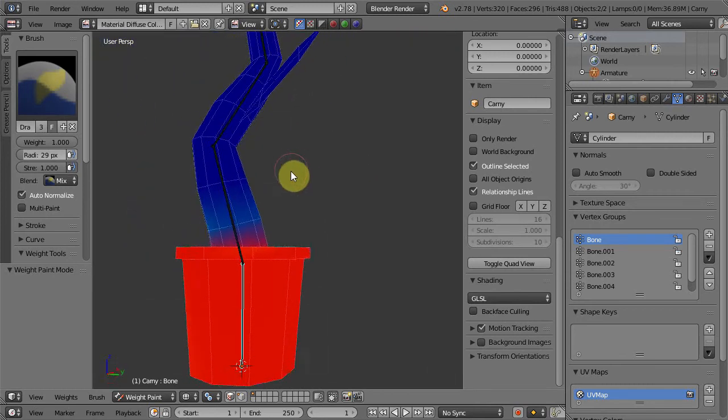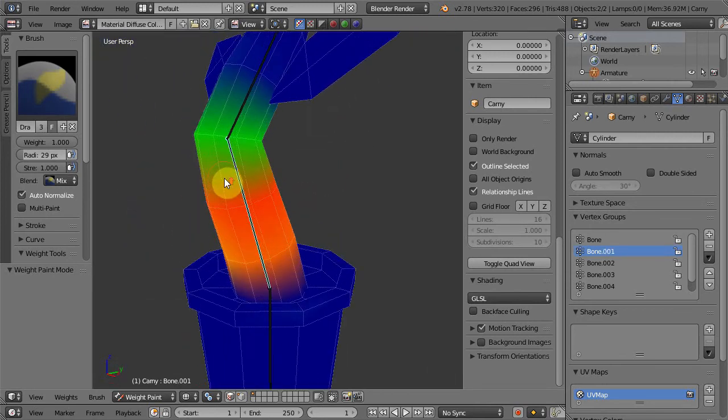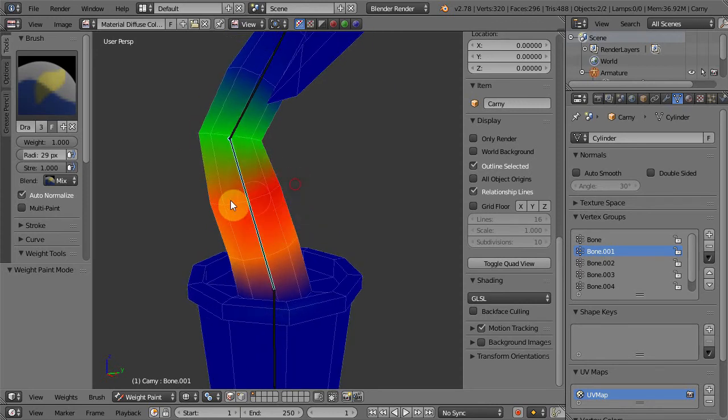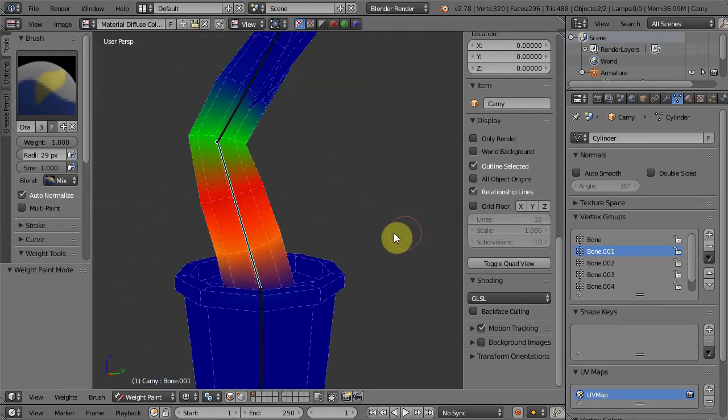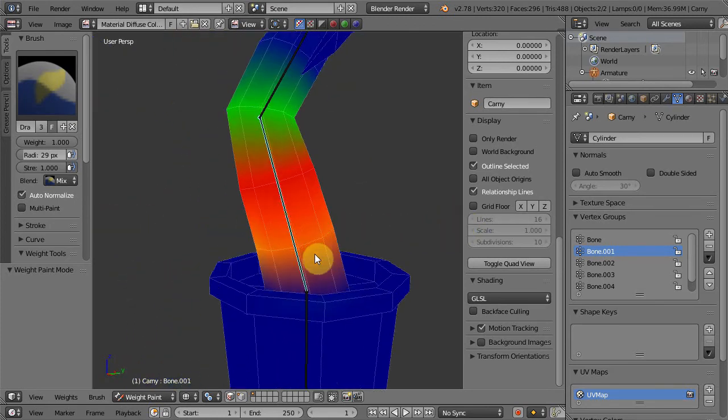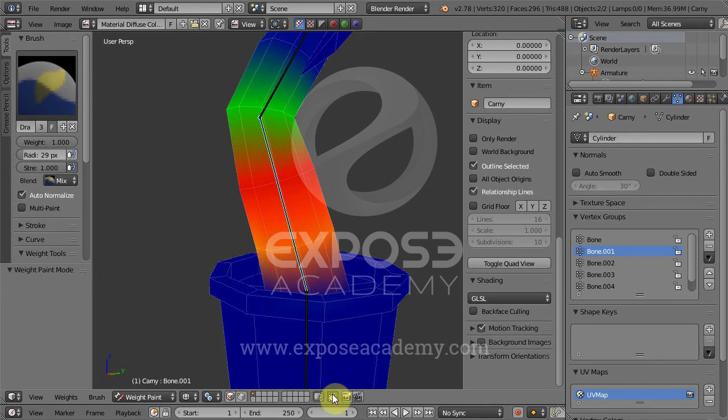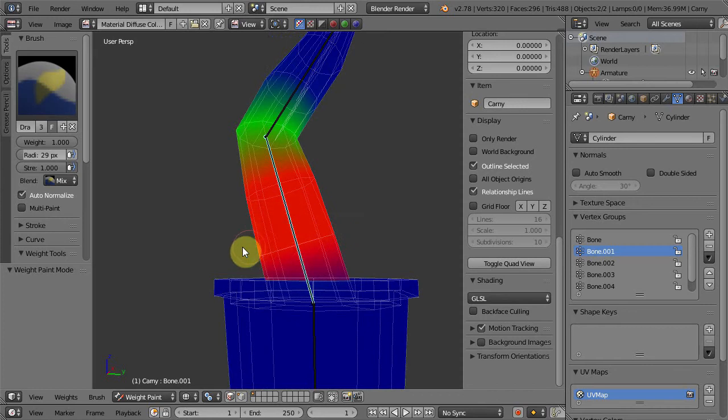Okay, now select the first trunk bone. You can see green color in here. Green means 0.5 weight value or 50%. Just paint all of this red. If you need to see through the mesh, you can turn on this option, limit selection to visible. This way we can paint through the surface and make our current weight painting faster.